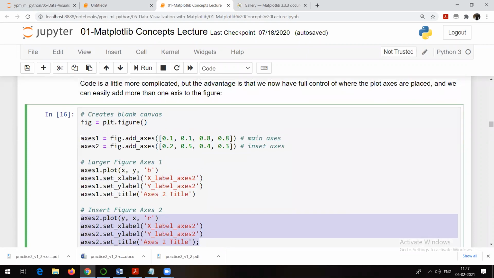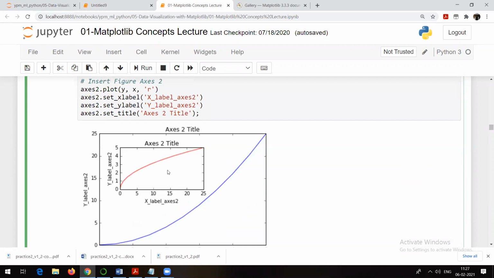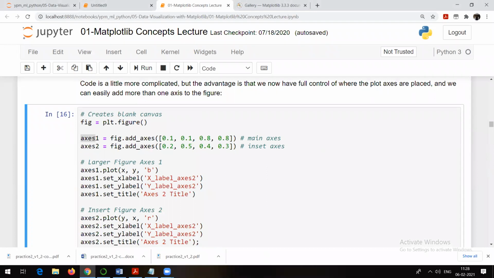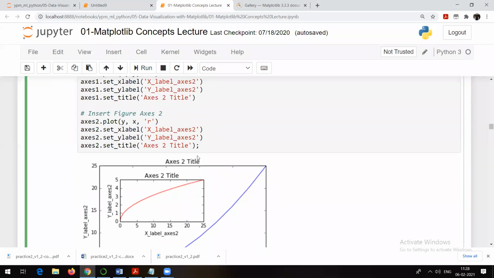So what I am going to do is, instead of creating one axis, I am going to create two axes. What do I mean by axis? See, whenever I say axis, that means I am talking about these things. These are the axes for the larger graph. These are the axes for the smaller graph. Likewise, you can have multiple graphs plotted like this. Okay. So maybe you just need to see whether all these things are matching or not, and accordingly you can plot the graph.